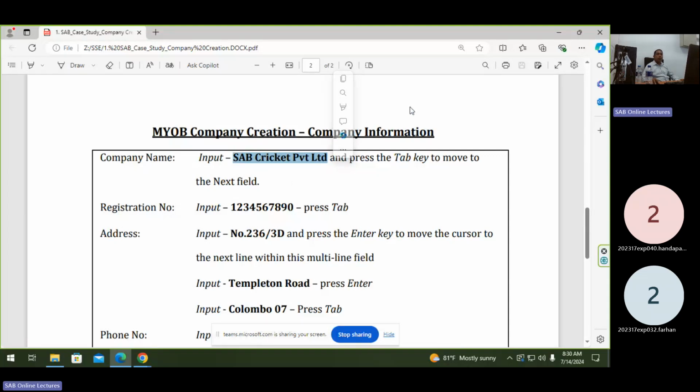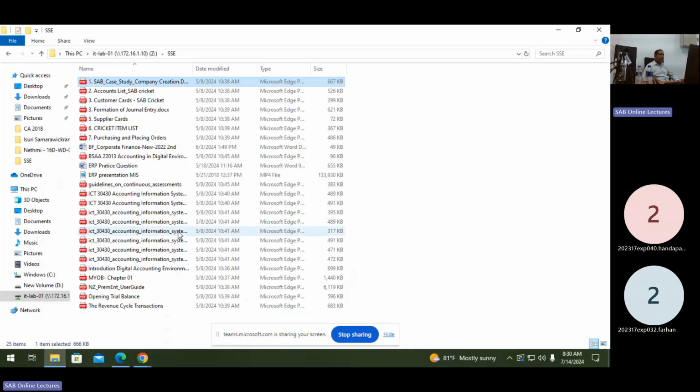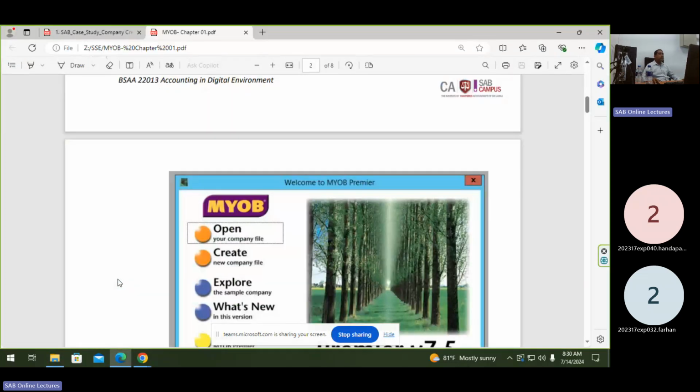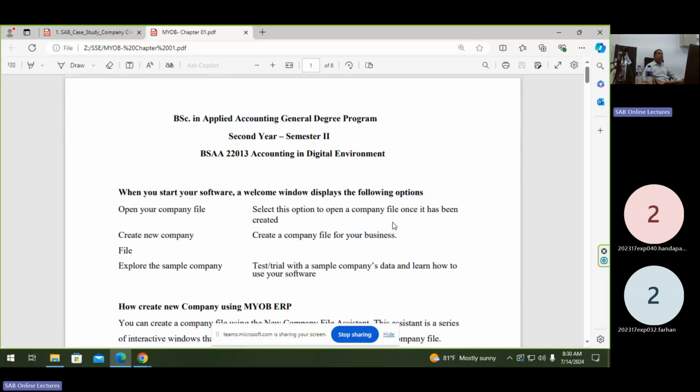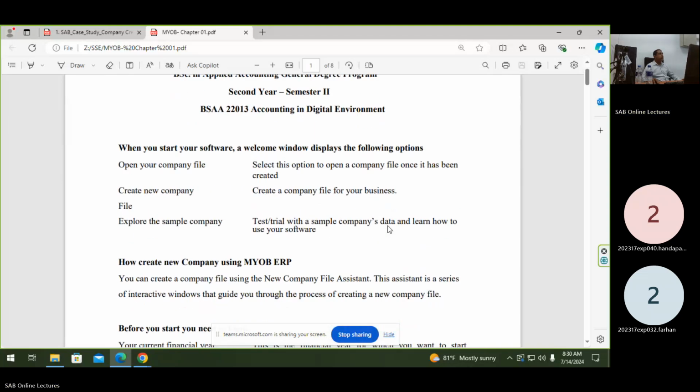If you have any issues regarding company creation, go to LMS chapter number 1. The company creation details are there. Select the create new company option.